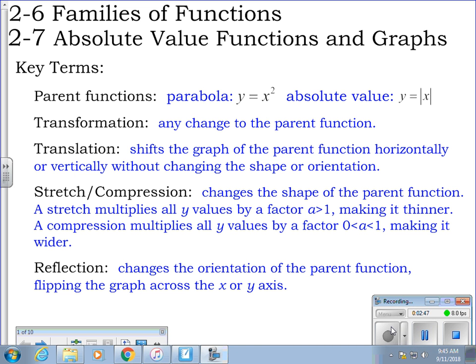A reflection: instead of pointing up, what makes it point down? That's what a reflection is. Normally, x squared and the absolute value